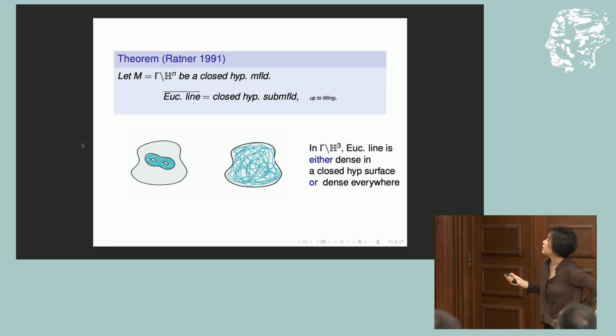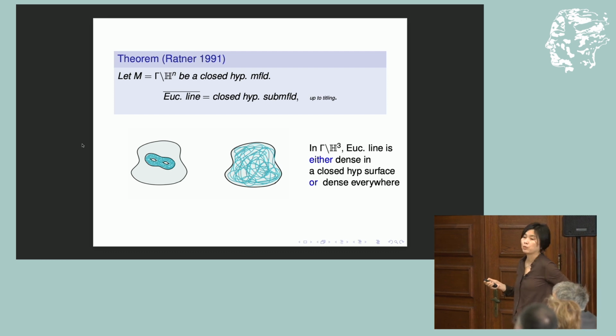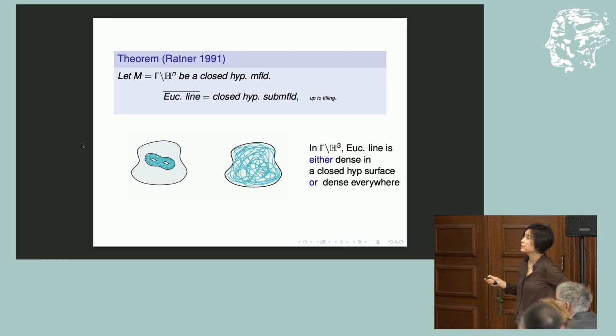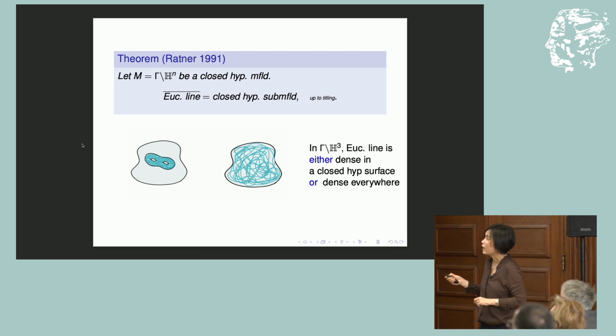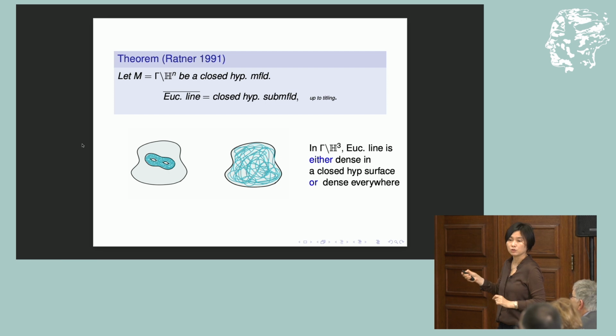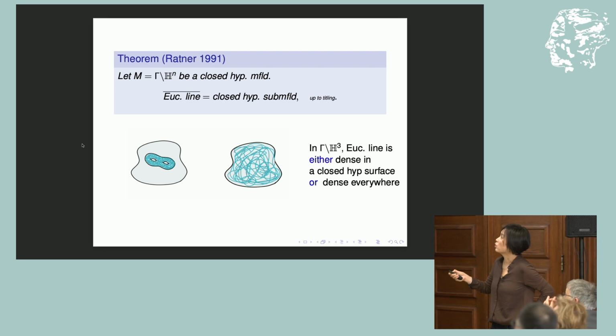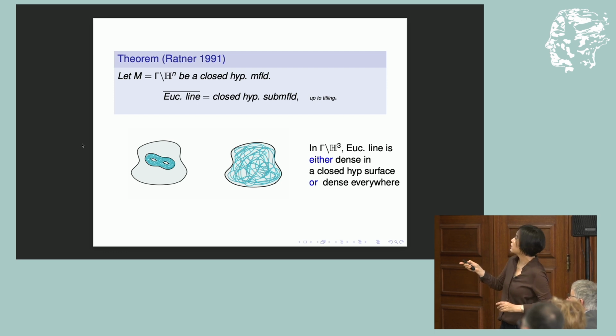Okay? So in this case, this theorem says that every Euclidean line is either dense in some closed hyperbolic surface, like in this picture. I might have some closed hyperbolic surface in my ambient space, and she might have started inside this closed hyperbolic surface. Then, of course, she cannot get out. But nevertheless, it guarantees that she will be able to see everything in some closed hyperbolic submanifold, or it becomes dense. So you have this dichotomy. Either it is dense, or it is dense in some closed hyperbolic submanifold. Okay? Now, in the higher dimension case,